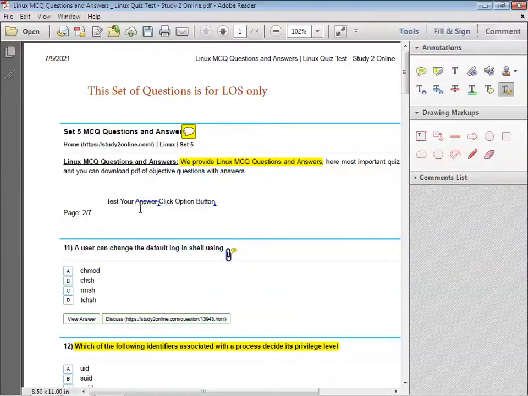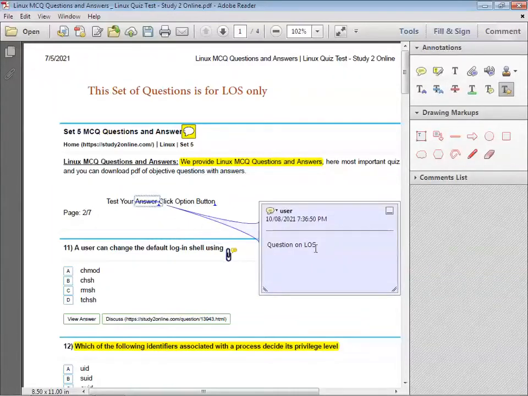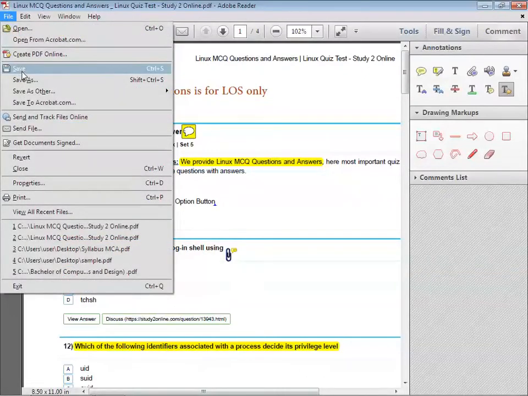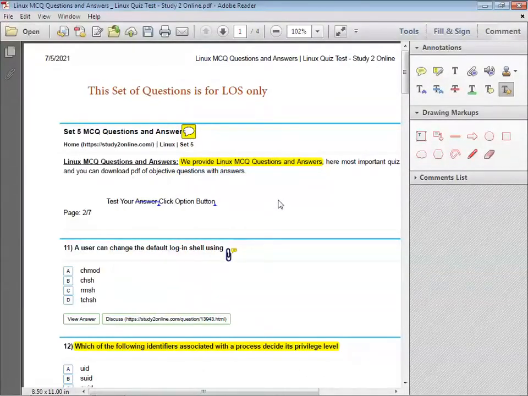This answer is out, strike through, and for this we want to set the questions on LOS. Just click on the single, we will get the message set by the user. To save all these changes, we have to click on the file, and click on the save option.